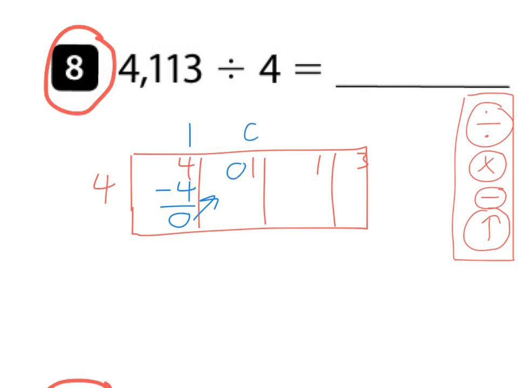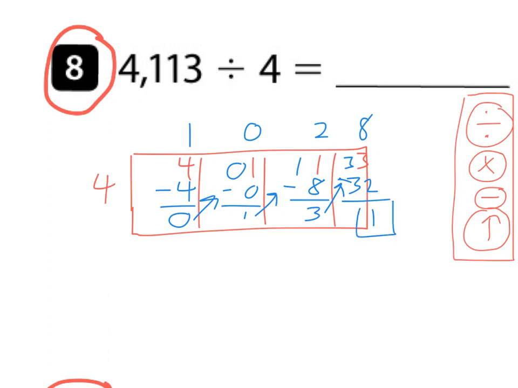4 does not go into 1, so I'd put a 0 right here. 0 times 4 is 0. Subtract, bring up. 4 goes into 11 2 times. 2 times 4 is 8. Subtract, bring up. 4 goes into 33 8 times. 8 times 4 is 32. 33 minus 32 would give me 1. So my remainder is 1, so 4 does not divide evenly into 4,113, but our quotient is 1,028, remainder